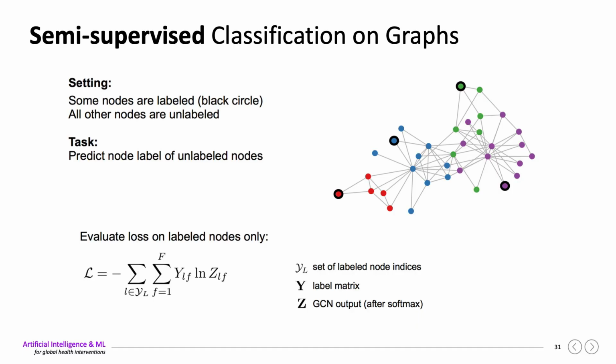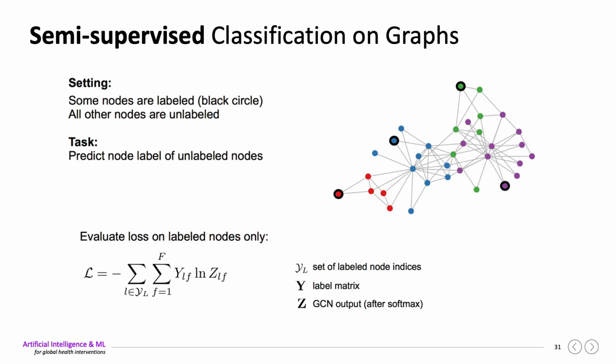L equals minus the sum over labeled node indices l, of the sum over features f, of Y_lf times the natural log of Z_lf. A standard cross-entropy, but restricted to the small set of labeled nodes. Here the calligraphic Y_L is the set of labeled node indices, Y is the label matrix, and Z is the GCN output after softmax. This is powerful because message passing propagates information from a handful of labeled nodes across the entire graph, so we can classify a whole network from only a few labels, which is exactly the situation in many global health datasets where